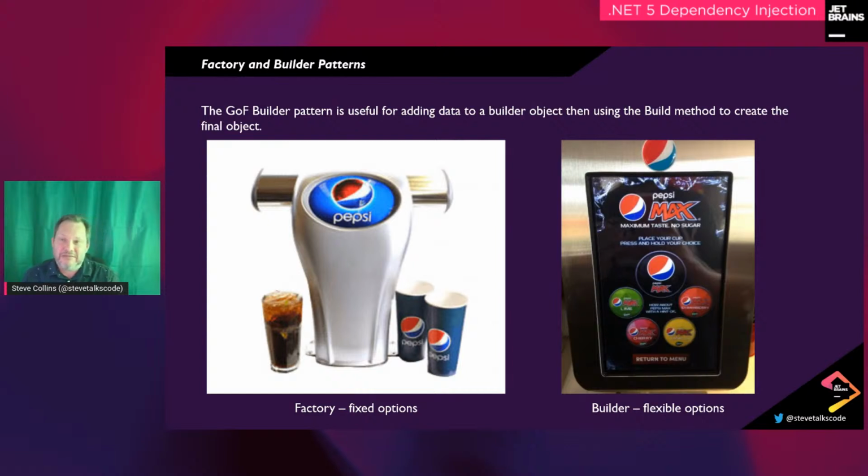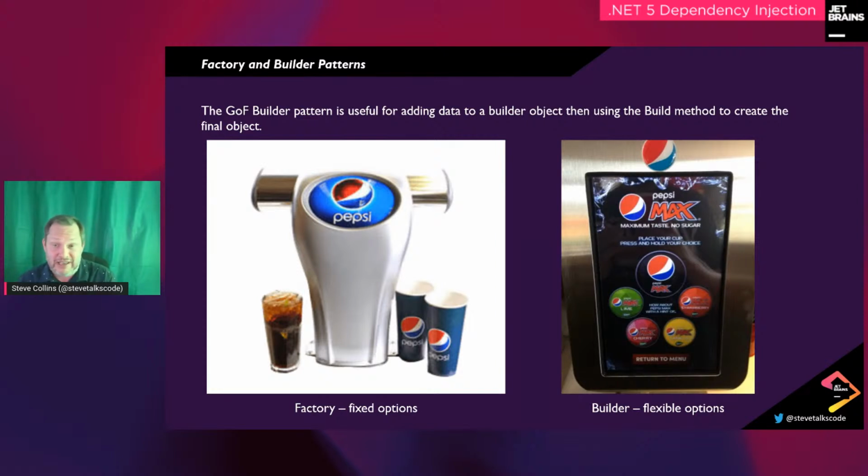A variation of the factory pattern is the builder pattern, where rather than prescribing each dependency that is needed up front and then creating the instance immediately, the builder is much more flexible. The way I compare the two patterns is to think of them as ways of ordering drinks in fast food restaurants. The factory is like asking the person to serve you a cola. They use a standardized dispenser, as we've got on the left here, with a fixed set of options to make a standard drink. With the builder pattern, it's much more nuanced, and it's more like the modern dispensers you see here on the right,